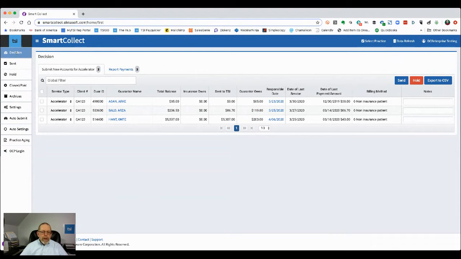SmartCollect works for 99% of all dental software. So it works with your software, and it's going to choose, based on the criteria we put in there, who is eligible for the accelerator service. Okay, so it's going to show you the client number, that's your client number with Transworld Systems,